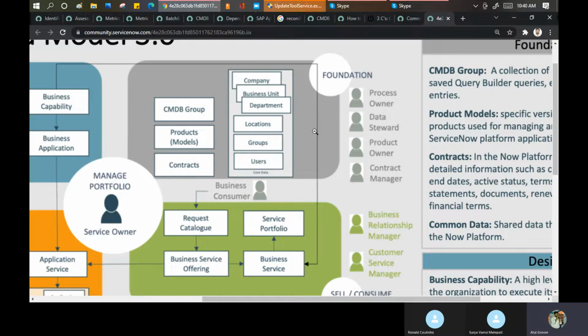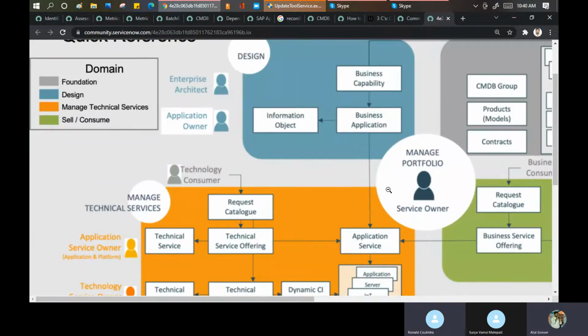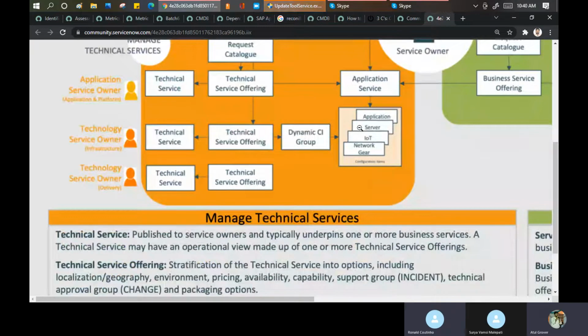Ronald, just for your reference, till now you worked on the CMDB. If I tell you where the CMDB exists in this, it is just here, nothing else in the whole system. The mess that was very big before, as per the CLJ model, is just here. It works separately, but it is now working with these different domains.